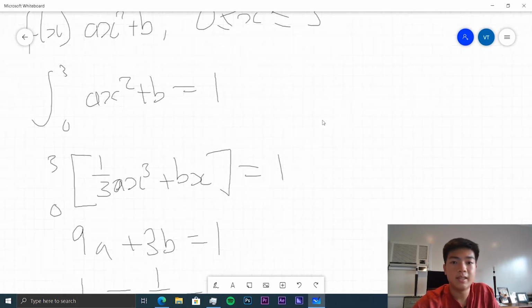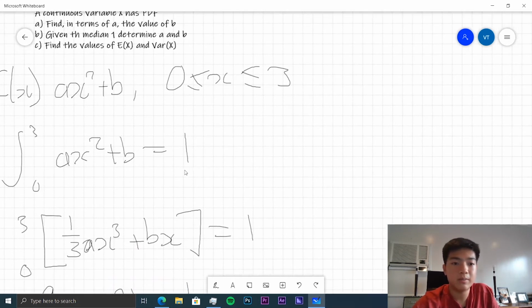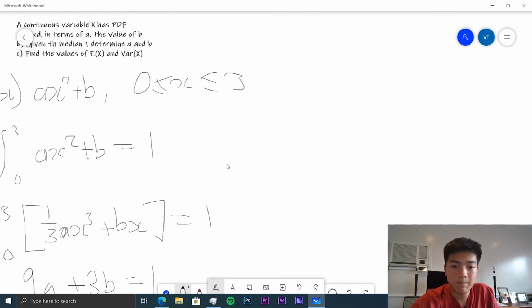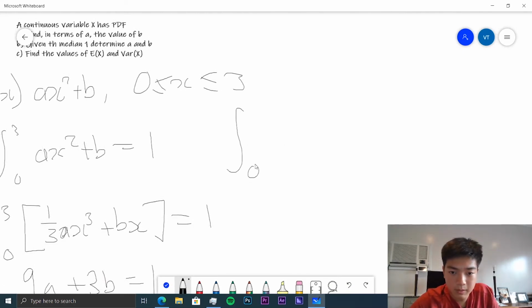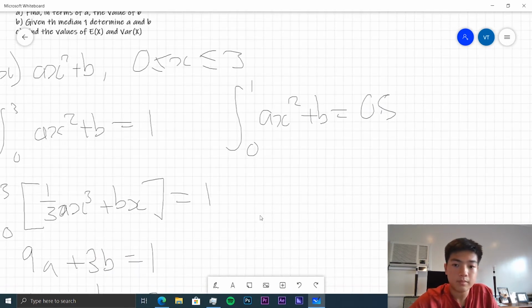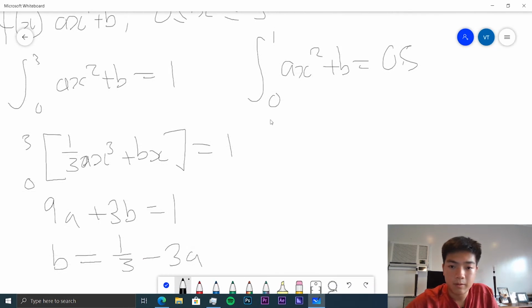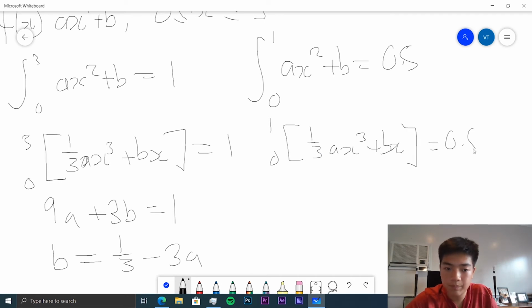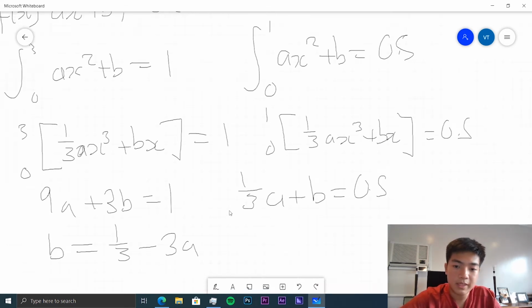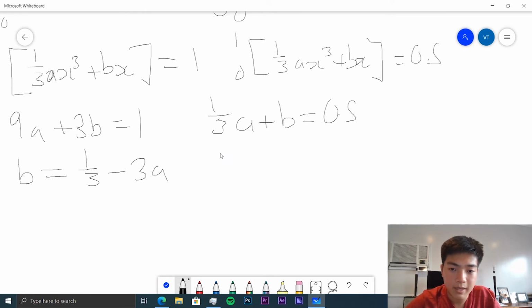So next, given that the median is 1, determine a and b. If the median is 1, that means that the integral between 0 and 1 of ax squared plus b must be equal to 0.5. So we have 1/3 ax cubed plus bx from 0 to 1 is equal to 0.5. So we have 1/3 a plus b is equal to 0.5. Since we know b is equal to 1/3 minus 3a, we actually have 1/3